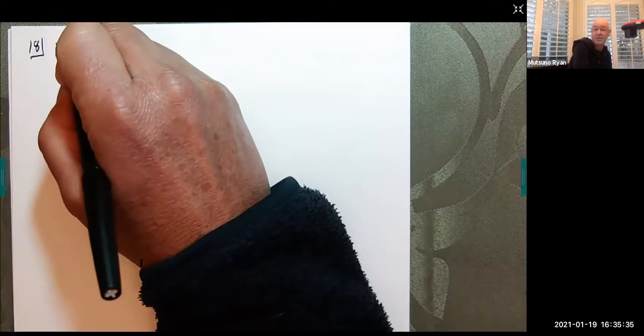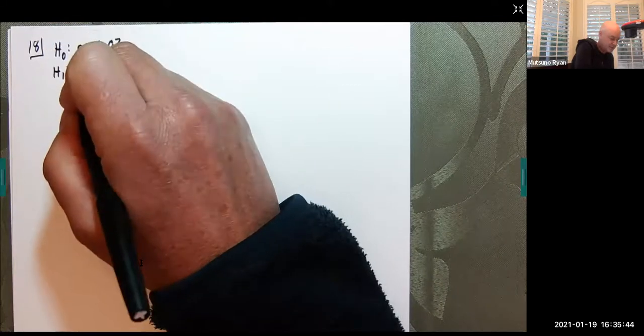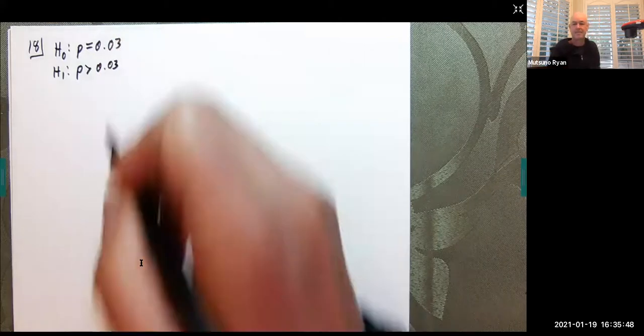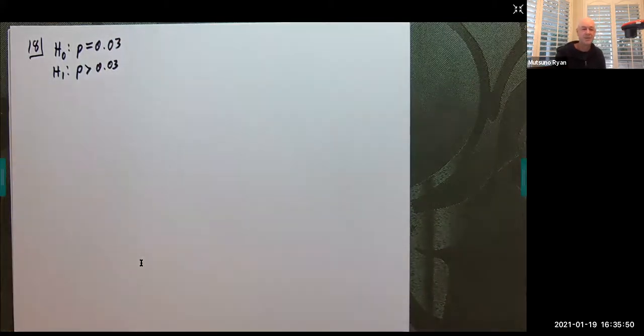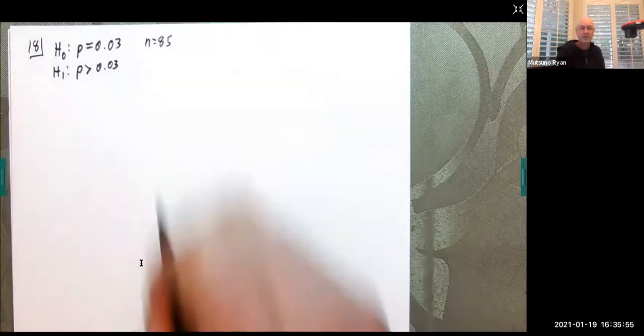So as we read through this, a manufacturer considers his production process to be out of control when defects exceed 3%. That means our null hypothesis is going to be P, because it's a percent or proportion, is equal to 3%. Our alternative hypothesis is that when it exceeds 3%. In a random sample of 85 items, so to be clear, that's n equals 85, the defect rate,